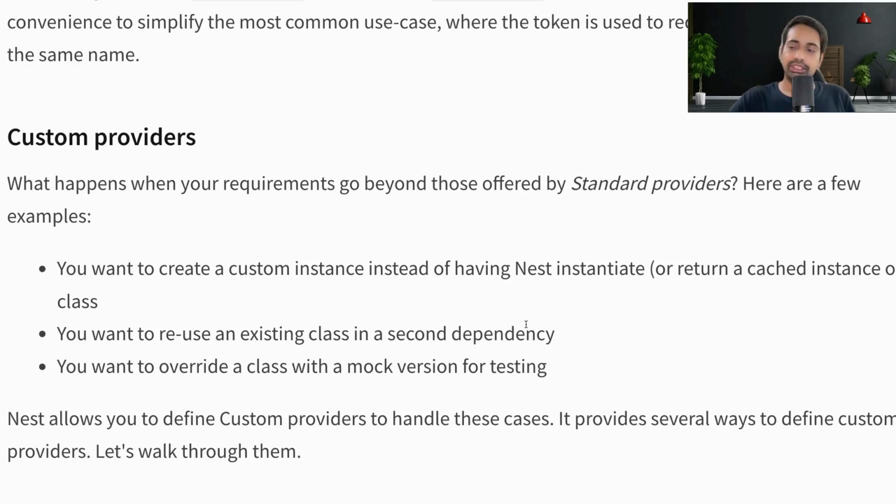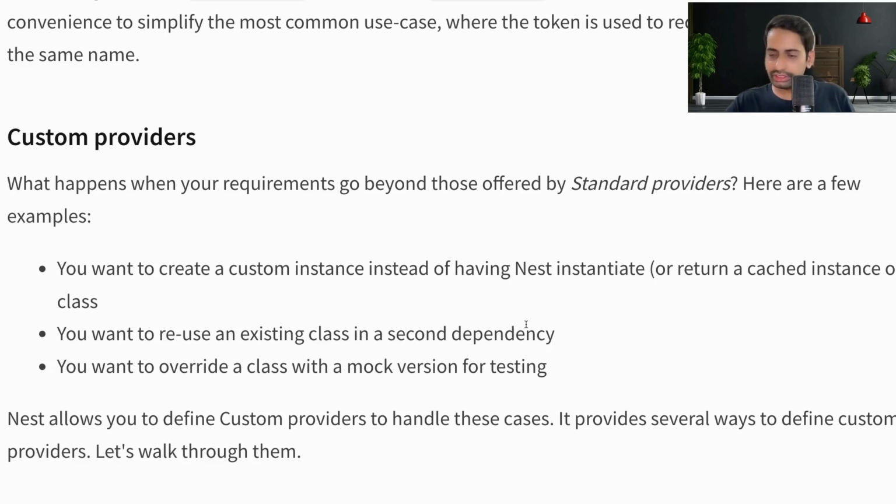जैसे मुझे टास्क सर्विस का न्यू टास्क सर्विस नाम से इंस्टेंस बनाना है. I can reuse the existing class. You want to override a class और मॉक करना है टेस्टिंग के लिए. अब क्या होता है, it's like an HTTP service that has HTTP get, put, post to a URL. But in test cases, either integration or unit test cases, मैं actually API hit नहीं करूँगा. I will create a mock version of it. So I will override this HTTP service with the HTTP mock service. So this is how I will define my providers in my own way to mock the actual service.